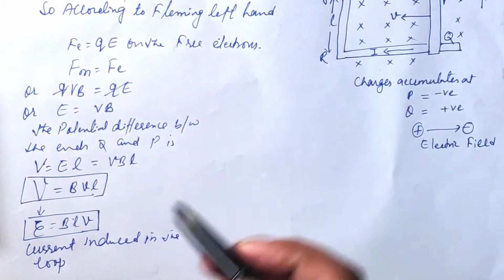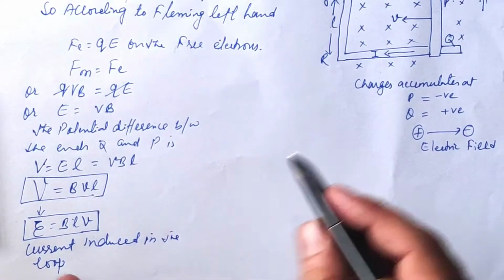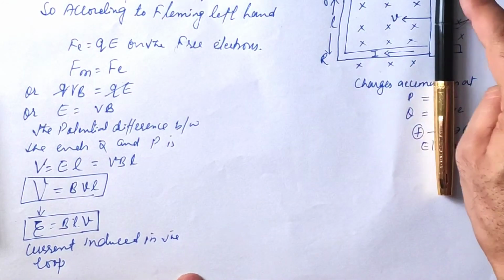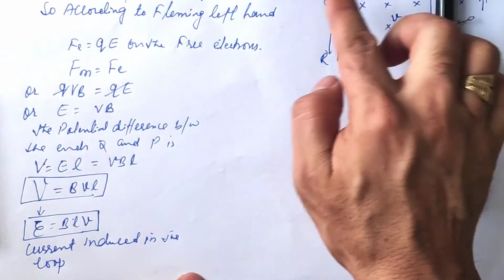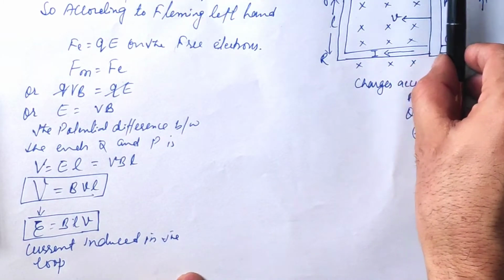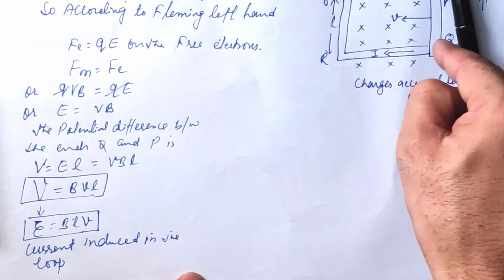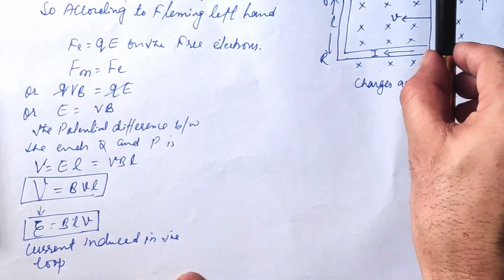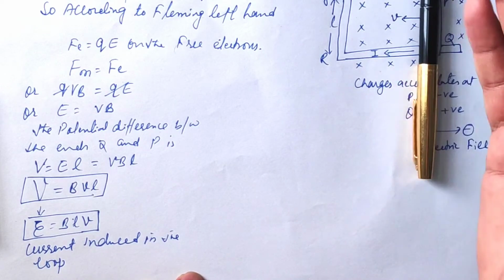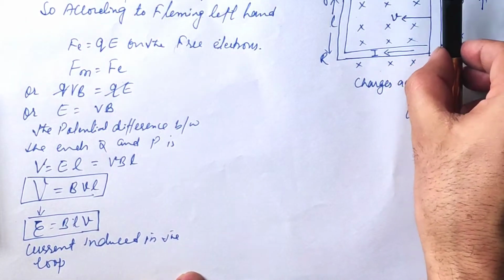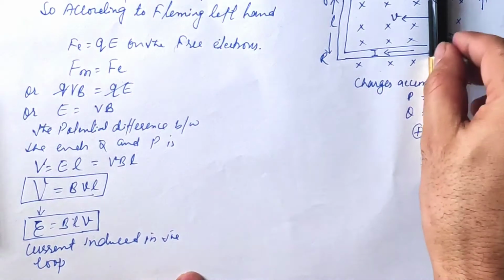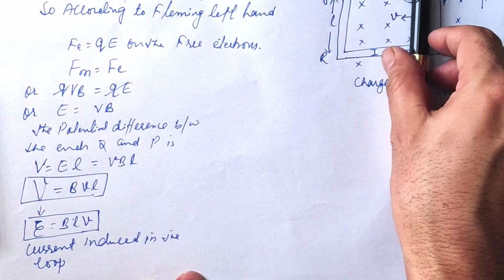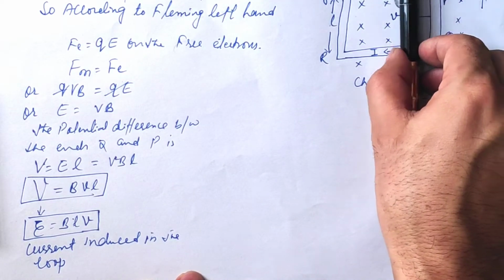So current will be induced in the loop, that is equal to, let us suppose that R is the resistance of the movable arm. This is a movable arm, so this is a conductor and it is moving on this conducting rail. Okay, so conducting rail means this is an insulated copper wire placed in a U shape, and any conductor is placed on this, that you can call the conducting rail. And what will happen when the magnetic field lines are moving, this conductor will start moving towards the left side from the right side.